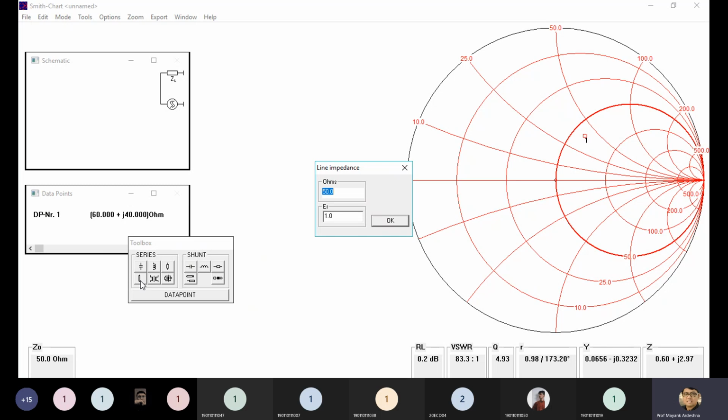So right now you can choose the characteristic impedance, how much? It's 50 ohm. And what is epsilon r? Why is it given over here? The reason is whenever we are transmitting any signal in free space, it has almost the same velocity as the velocity of light. But whenever we transmit the same signals in a bounded medium, like any wire, coaxial cable, twisted pair, optical fiber, then the velocity is different. Speed of the signal is different.